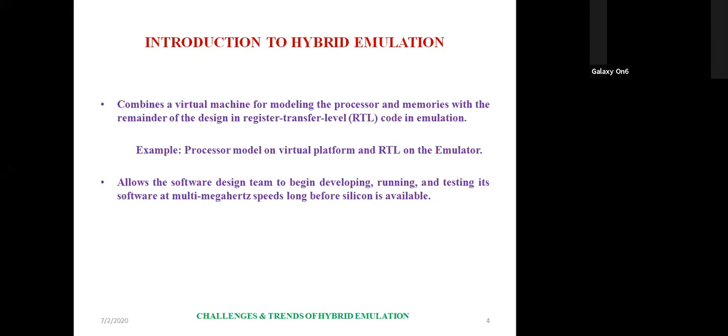For example, when you have ARM processor models, the Cortex new series processors have come in. They are operating on Zynq FPGA. Even the Zynq FPGA also acts as an emulation that consists of an SoC. The processor model on the virtual platform only gives an emulation, and the debugging facility is very low. It takes an RTL on the emulator, so RTL plays a role on the emulator, and the processor model where the emulation debugging function takes place is on the virtual platform, where we don't have any debugging facilities.